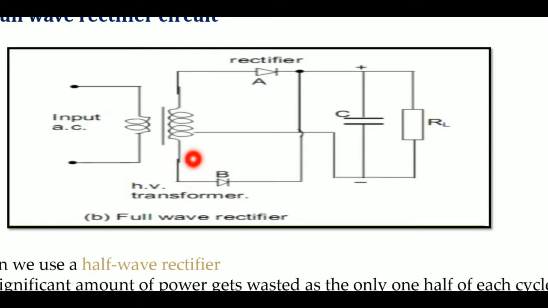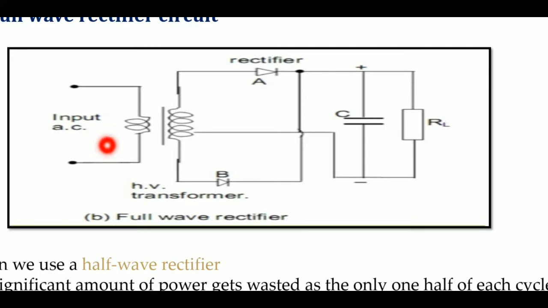Getting my point? Terminal 1 being positive leads to the forward biasing of diode A, and it causes the current to flow through it. In that case diode B will be reverse biased and blocks the current through it. Keep it in mind, during the positive half cycle of the AC voltage, diode A conducts and diode B does not conduct, it will be reverse biased. Getting my point?